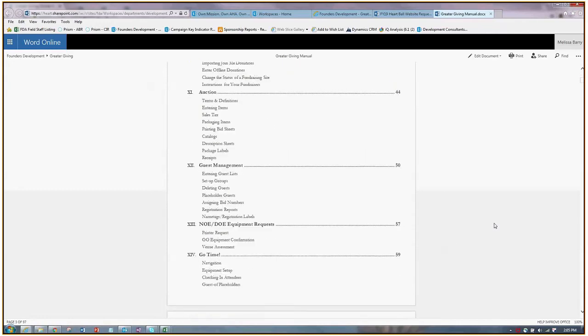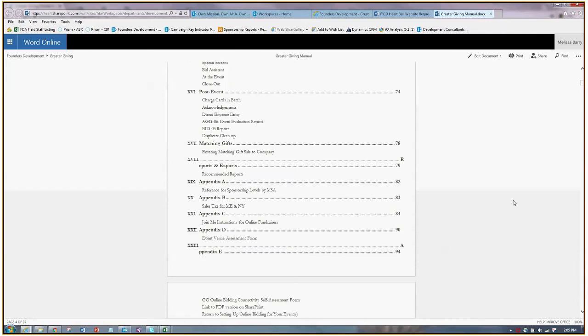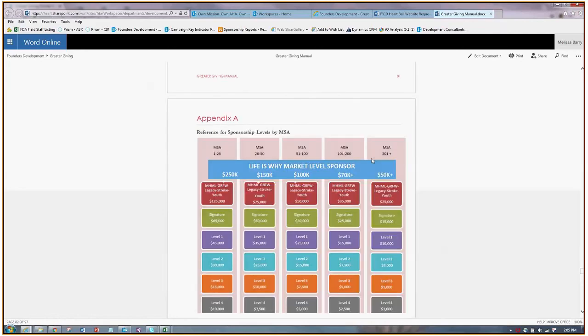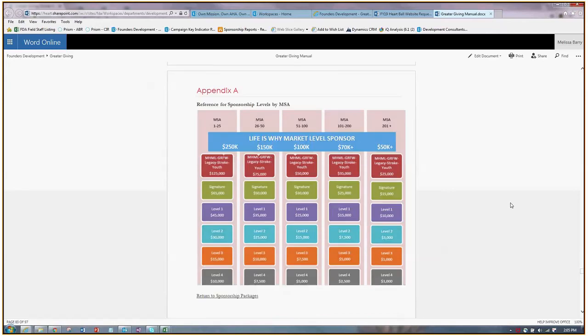And then go down to, oh, I was wrong. It's Appendix A. So if you click on Appendix A in that table of contents, it jumps to the page. So this, very handy. So Buffalo, we're looking at right now, their MSA is a 51, so they would base